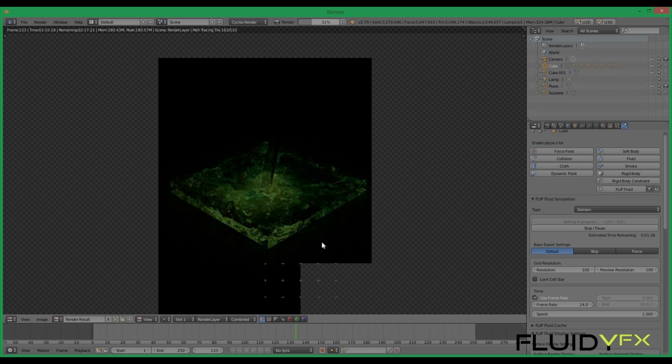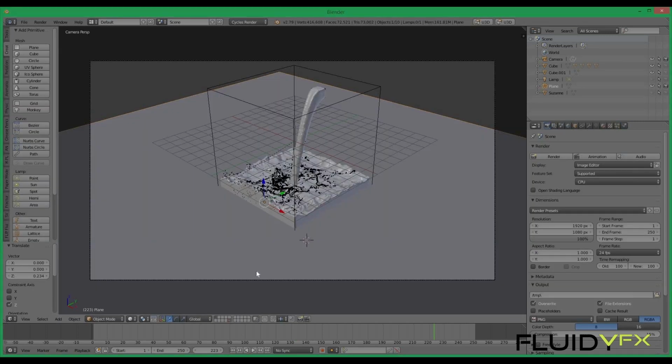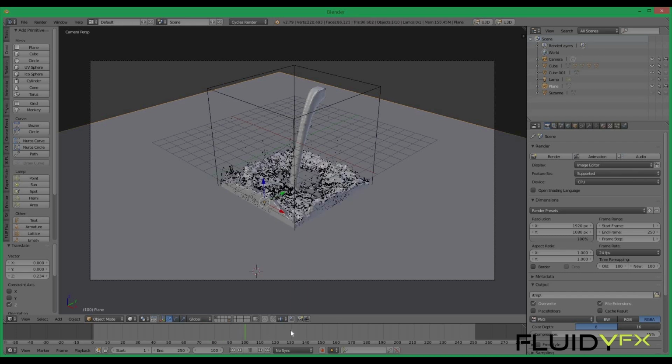And I can see yellowish and greenish particles inside. So you can see if I play this, I have my animation ready,